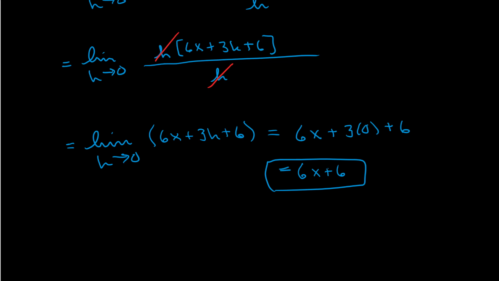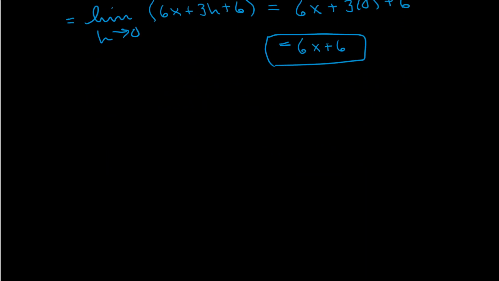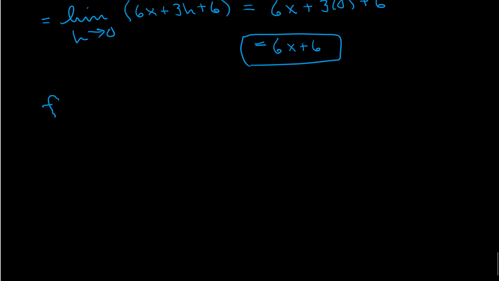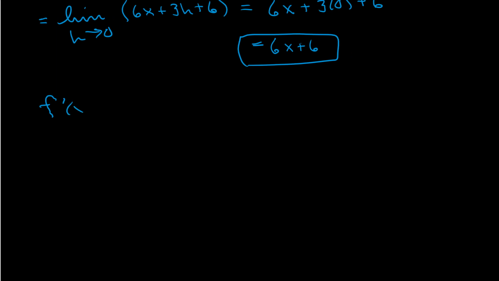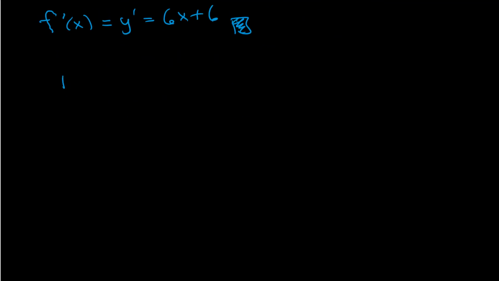This is the derivative. This isn't the whole problem, okay? This is my derivative. Can be written as f prime, can be written as y prime equals 6x plus 6. Okay, so that would be something like the first part of 17 through 22, where you first have to compute the equation of the slope. If I wanted to determine the tangent line,